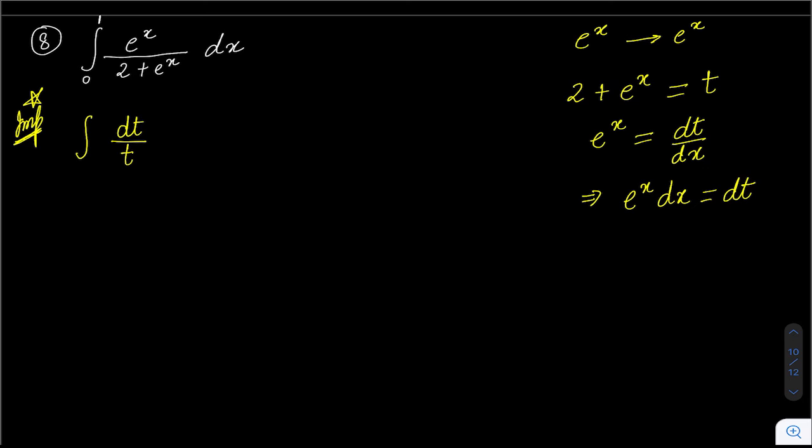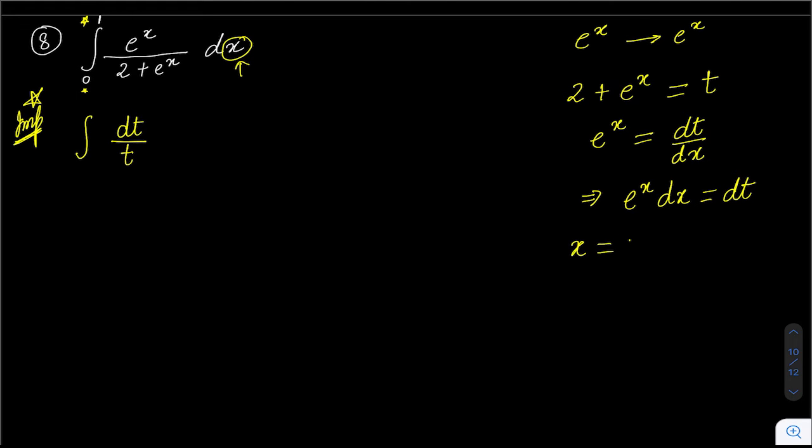That's one way. Okay, you have to change the limits now. Now these limits, or these values 0 and 1, they belong to x only because we are integrating with respect to x. But now we are integrating with respect to t. So limits cannot be the same as 0 and 1. So it has to be values of t.